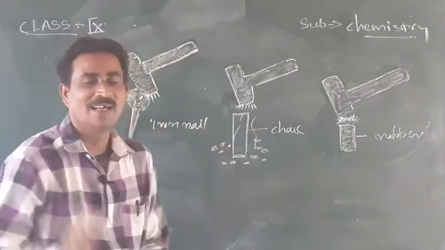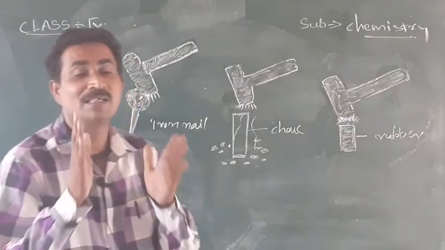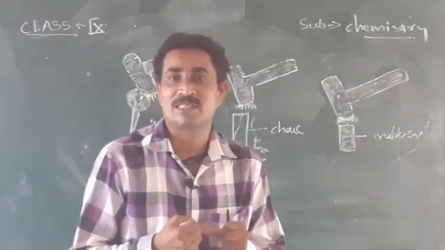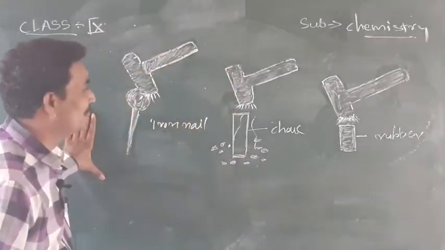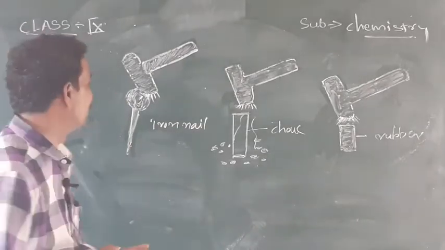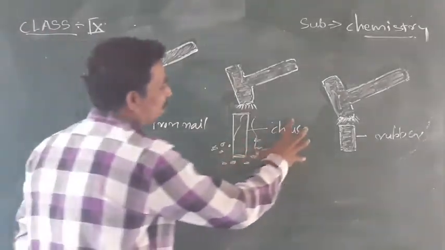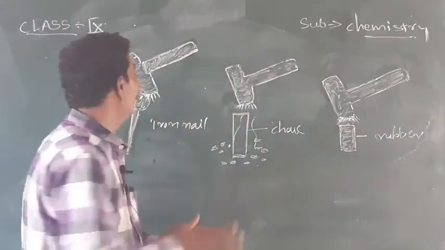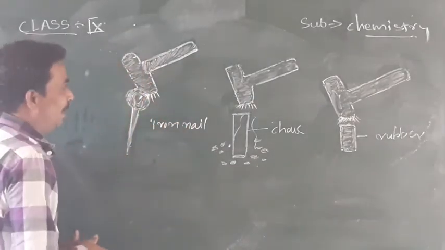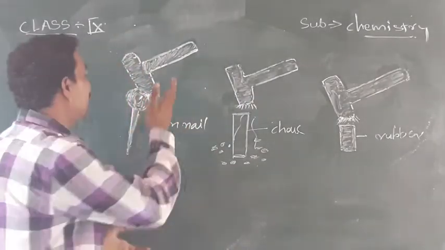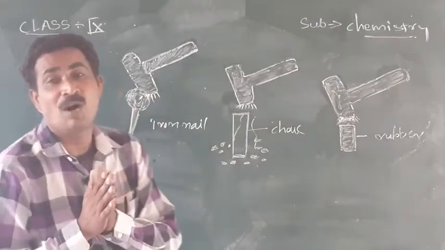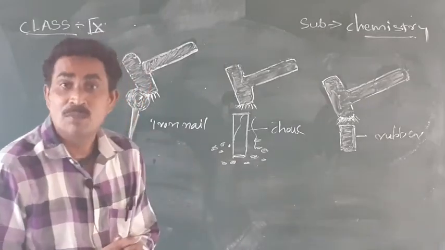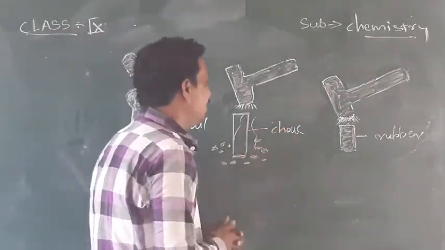In this diagram we want to identify the force of attraction in matter. There are three diagrams with three different subjects: iron nails, chalk and rubber, and a hammer is necessary. When we took the iron nails and beat them with the hammer, the iron did not break into pieces, because the force of attraction inside is more. Then we took the second one, a piece of chalk.